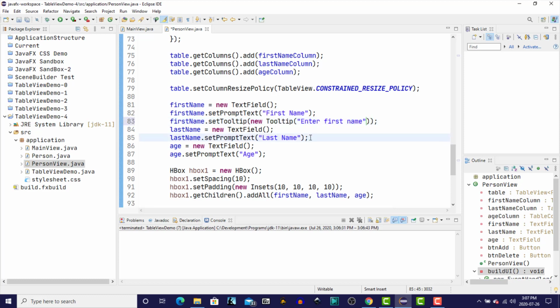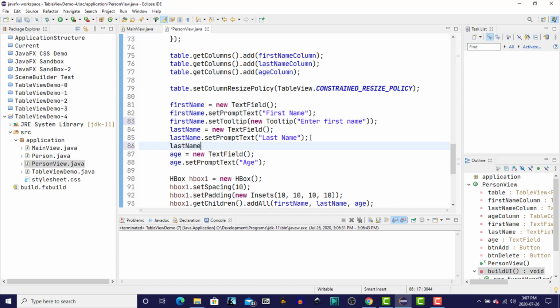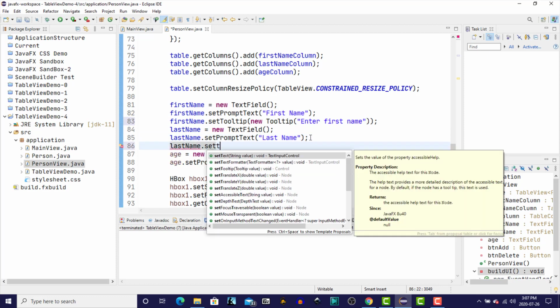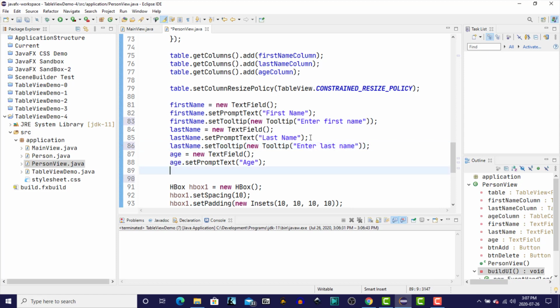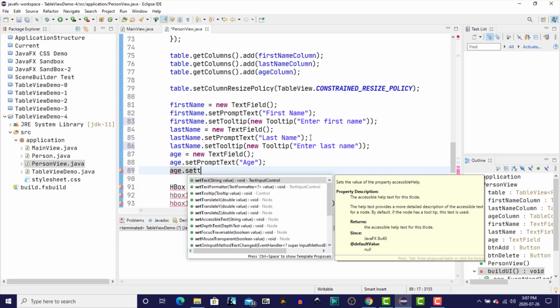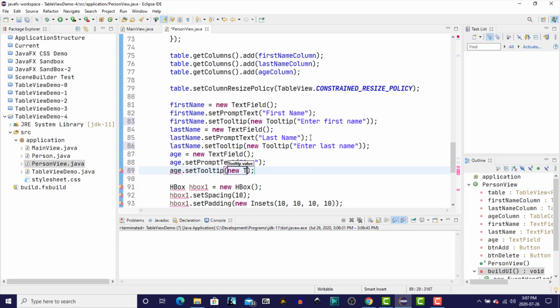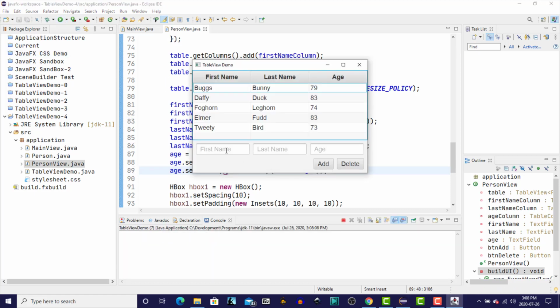We'll do the same for last name and age. Run and we'll see what that's all about. So now when we hover over, we get a tooltip that says what is expected to be entered into the